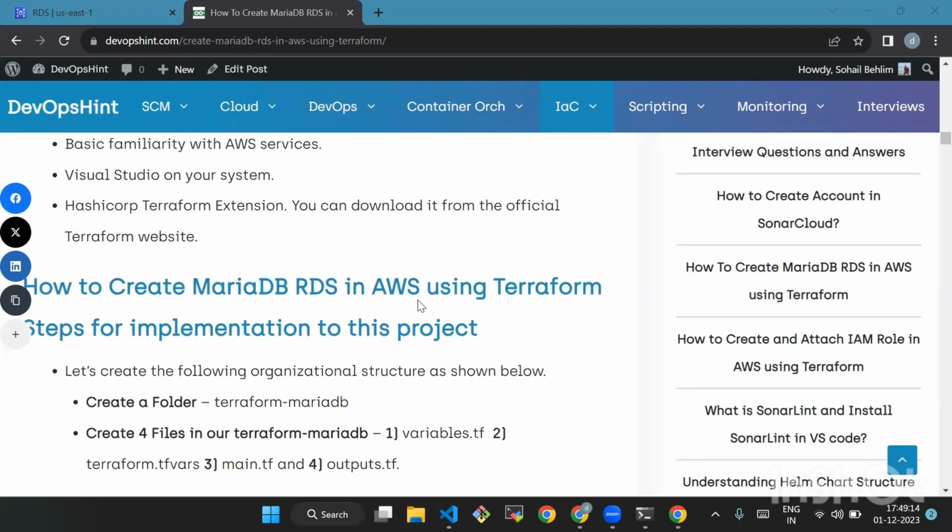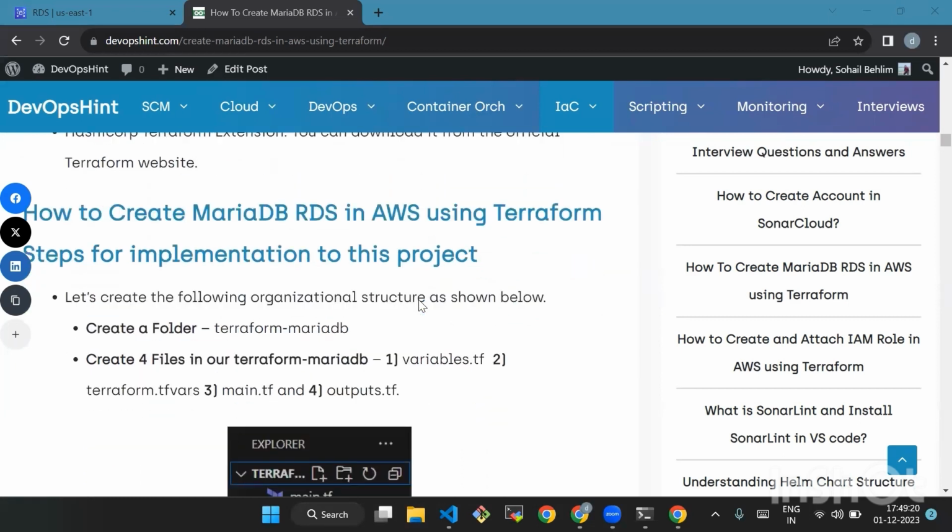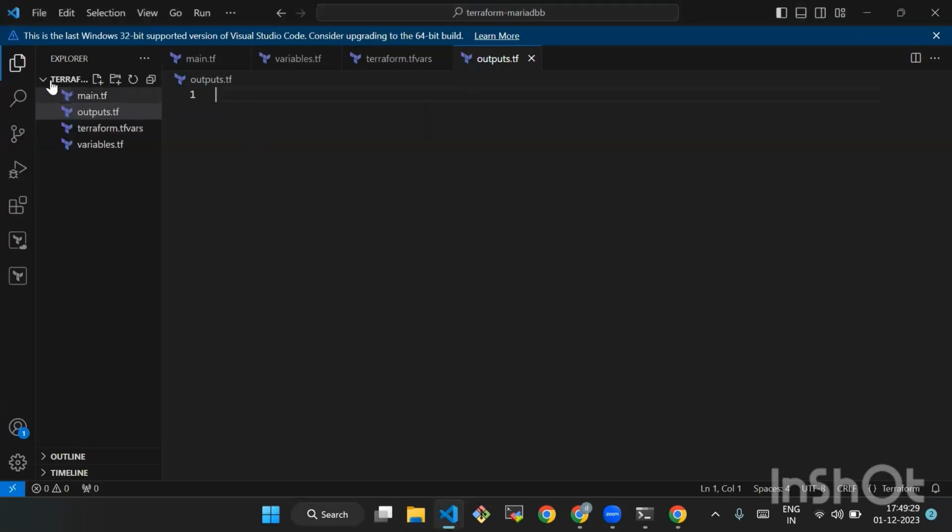Now we'll start. Now we'll see how to create MariaDB RDS in AWS using Terraform. So let's create the following organizational structure as shown below. Now first, we'll create a folder and we'll name it Terraform MariaDB. Then after that, we'll create 4 files in our Terraform MariaDB. First is variables.tf, second is terraform.tf files, third is main.tf, and fourth is outputs.tf, as you can see on the